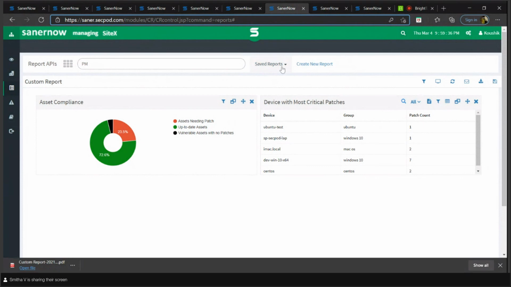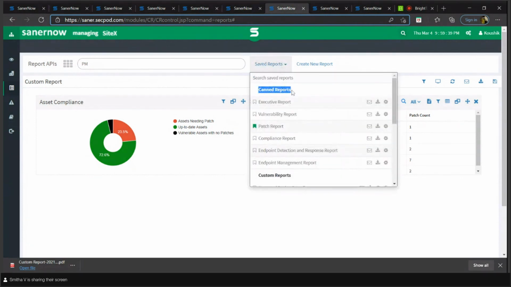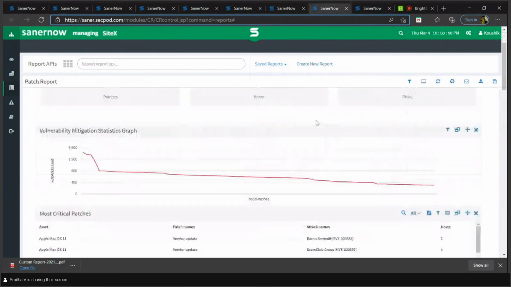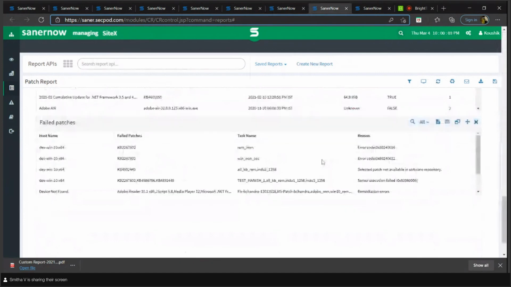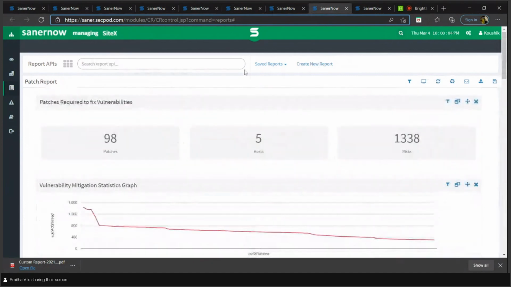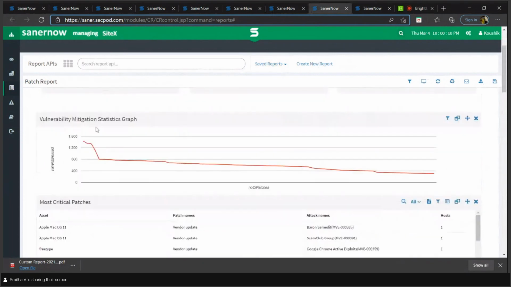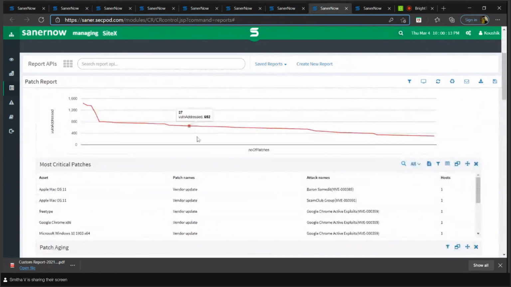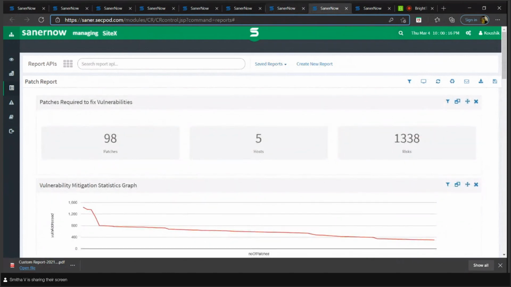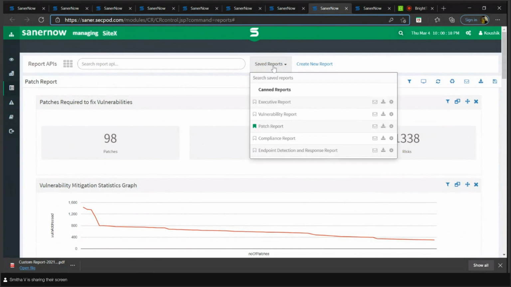Now, we also provide something called canned reports. This canned report is where we have a predefined set of sections that we give to users, so that the user need not worry about customizing all these reports. Once you click on the canned reports, patch report, since we are concerned about the patch, complete details on the patching will be shown in this report. This will be predefined and the user need not edit anything. He can just view the details of the patching in his account. In this way, the user can just pull this report from the canned report section.